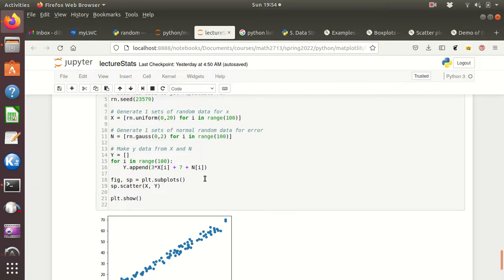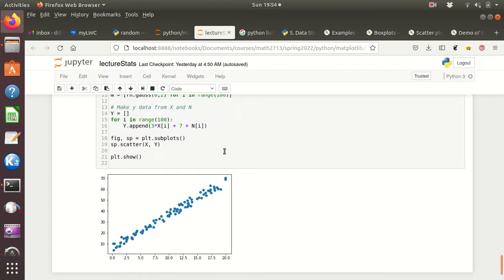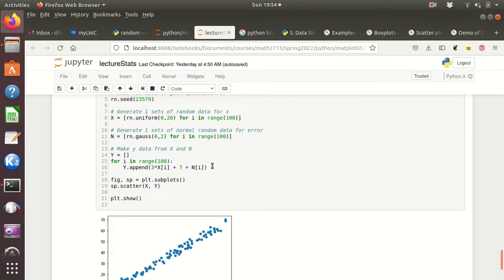But then I added this error function to it, and that spread out the data. Made it look errorful, like real life data tends to look. Still, that looks like a really good straight line. And if I up the standard deviation, say I put it all the way up to 5, and I ran this,